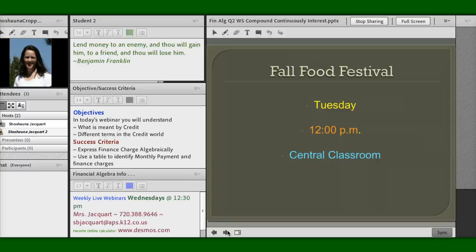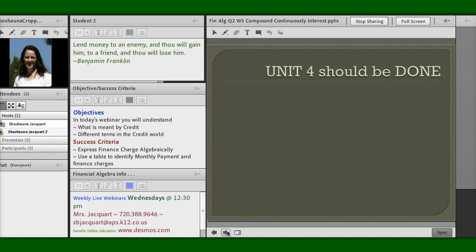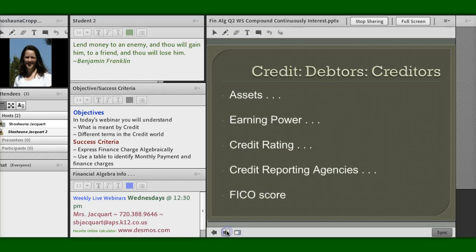So this is 25. It did get bigger. There we go. Now I got a bigger line. Okay, so Unit 4 should be done. I've been grading those and putting comments in. So if you don't get 100% on any of your quizzes or your assignments, I've put comments in as to why, unless you totally left it blank, then I didn't.